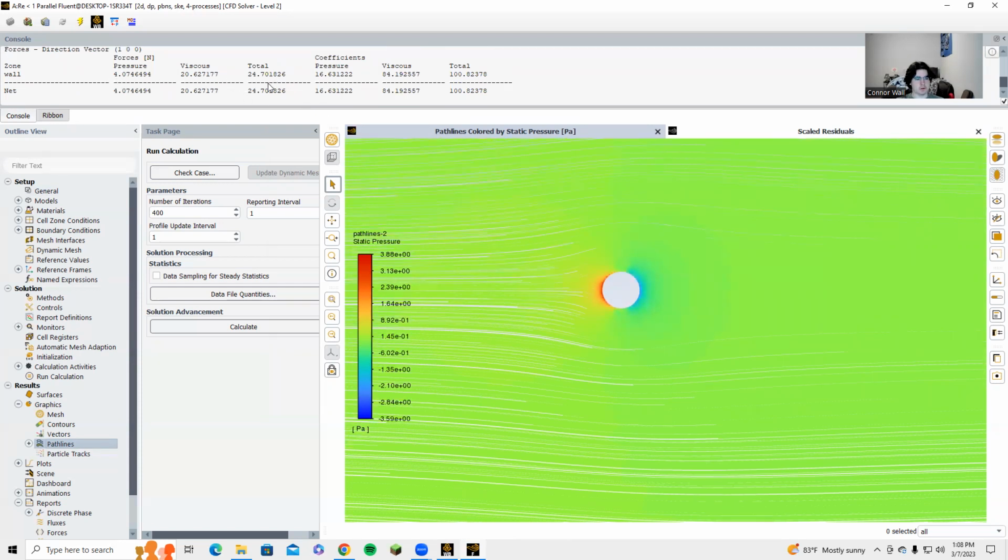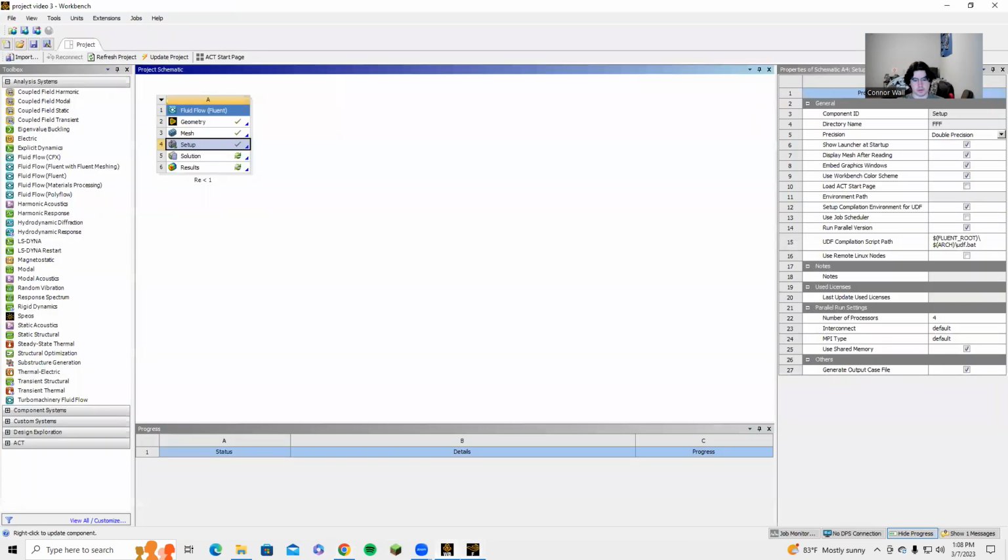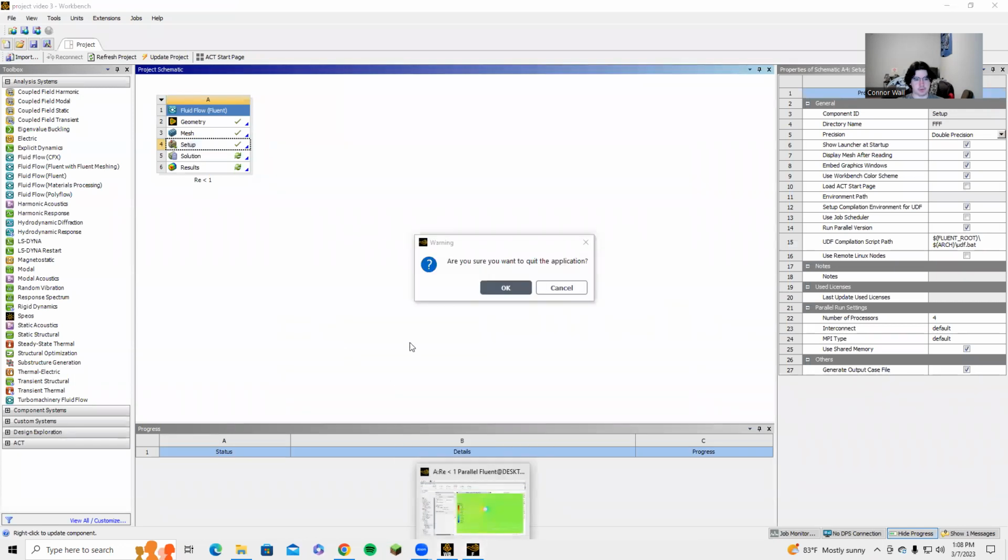Take these, use the coefficient equation to find the coefficients. Don't use the ANSYS ones. And then your path lines you can show here. And so if I want to go ahead and close out of Fluent,